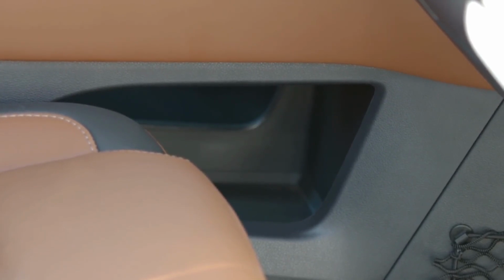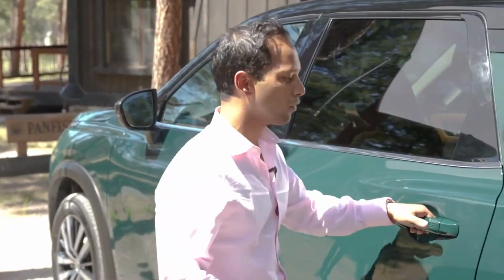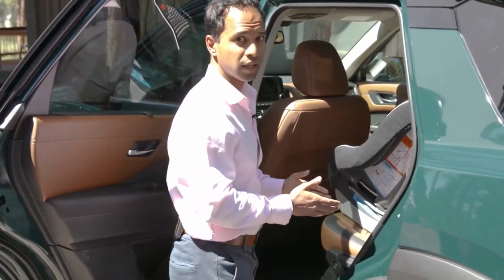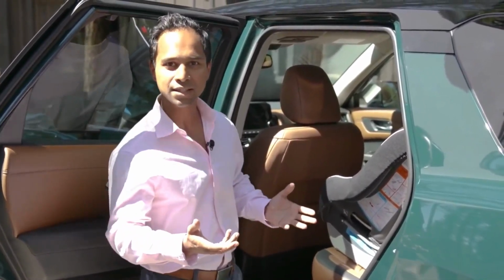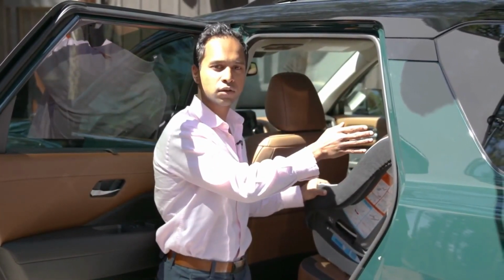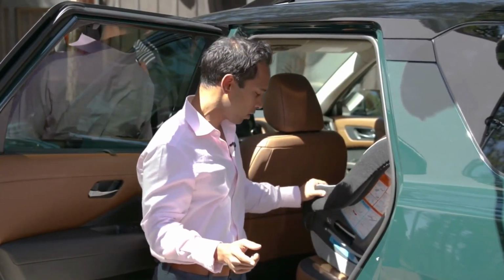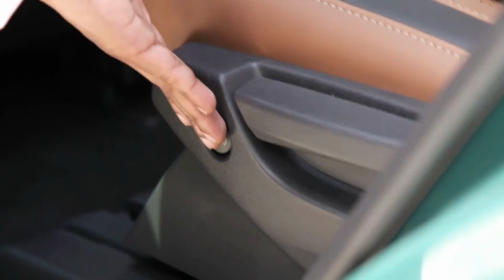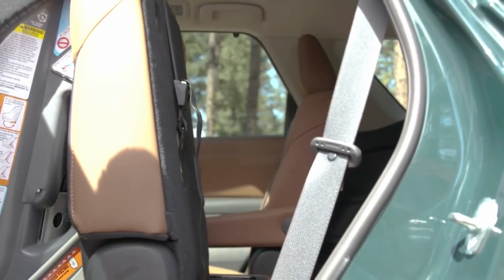out of the way. Moving to the second row, we've innovated on a system that we originally debuted with the Pathfinder called Easy Flex Latch and Glide. What it means is it allows you to keep a car seat in the interior and still access the third row. But we've made it even better by an easy to reach button. Simply push that and the entire second row moves out of the way, allowing you to walk right into the